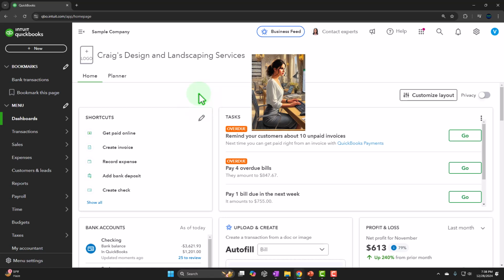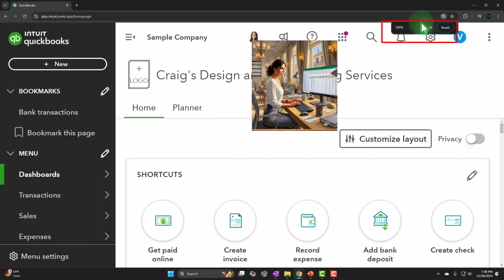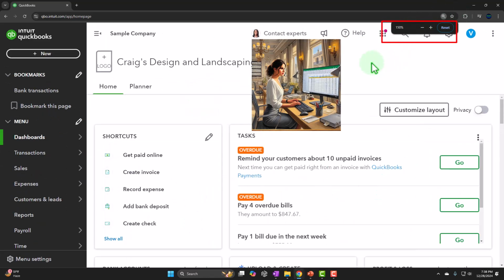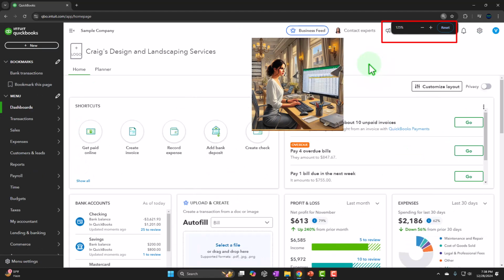So if you're moving to the online version from the desktop version, you're going to have to first get used to just the fact that you're going to be working, in essence, in a website type of format. So we talked last time about the idea that we can scroll in and out, holding down Control and using our scroll bar to scroll in and out. As you can see up here, the size of the screen is changing. I'll usually go to like